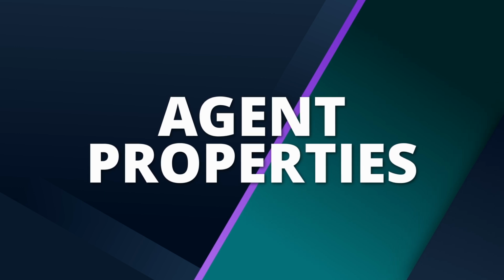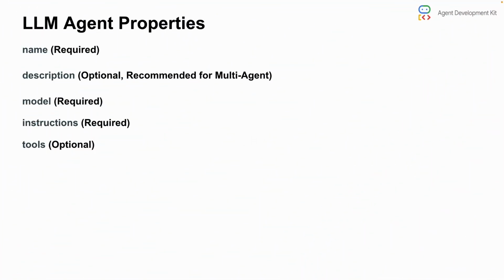Now, a few agent properties that are quite frequently used. First is name, which is the name we provide for the agent. And description: it is optional, but it is quite useful for understanding the purpose of that particular agent. It is recommended for multi-agent setups like sequential, parallel, or loop agents, because there are multiple agents, and if you give descriptions, you'll get to know quite easily what the purpose of